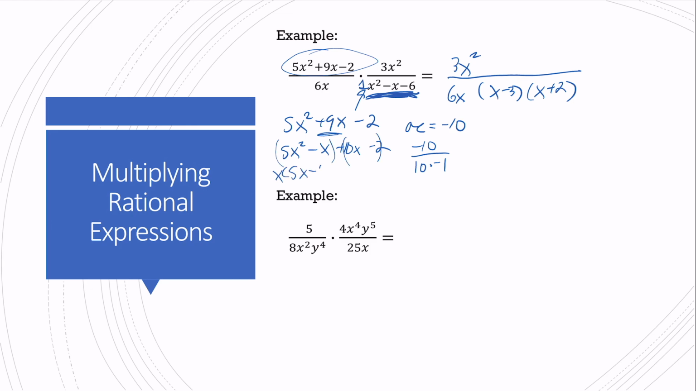x times 5x minus 1 plus 2 times 5x minus 1 factors to x plus 2 times 5x minus 1. That's my greatest common factor. So I write this all out,